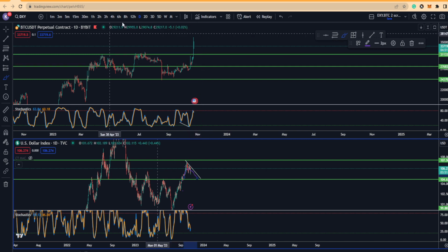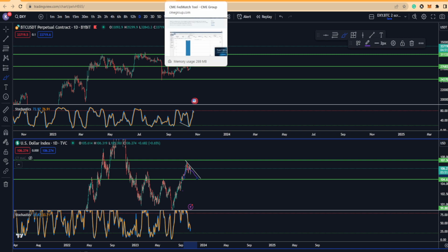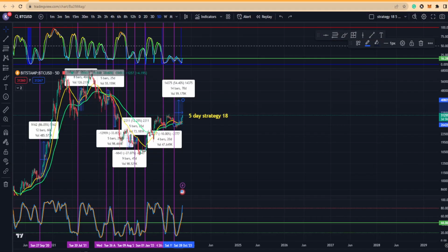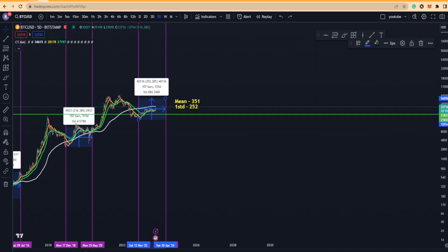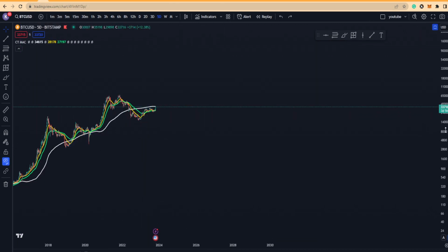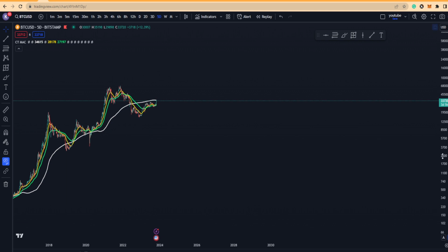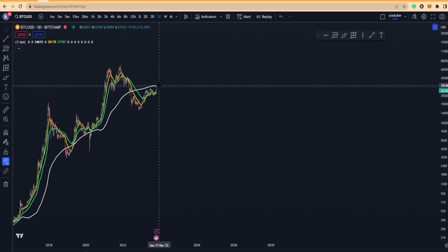But again, there's a high probability that there won't be any rate hike based off of the FOMC data. With that being said, I do want to move your attention quickly back into the higher time frame for Bitcoin. I'm just going to remove the data set drawings here, and we can see that on the 5-day time frame we do have the 200 EMA actually acting as resistance, which is basically sitting roughly around the